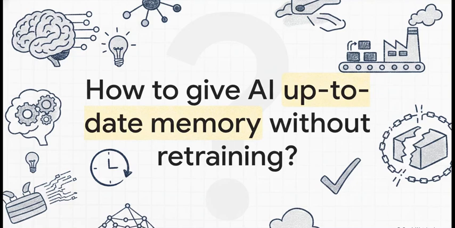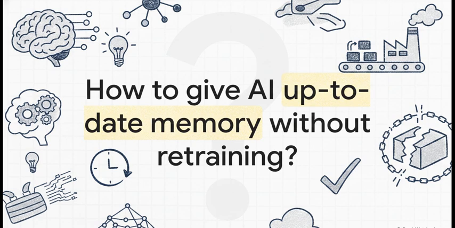So, how exactly do you give an AI a flawless, up to date memory without having to completely retrain it? Think about it. Standard large language models are absolutely brilliant, but they have this one huge fatal flaw. Their knowledge is entirely frozen in time the exact second they finish training. And, as we all know, they have a pretty notorious habit of just hallucinating facts when they don't know the